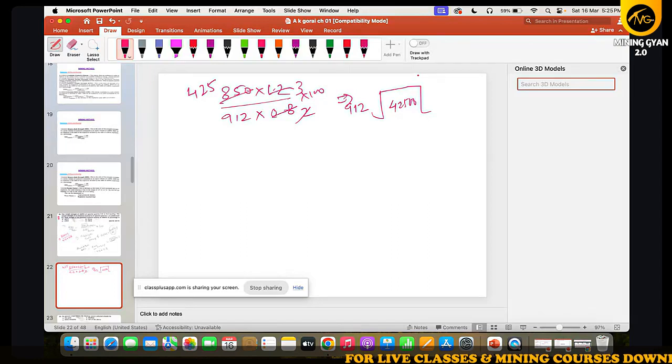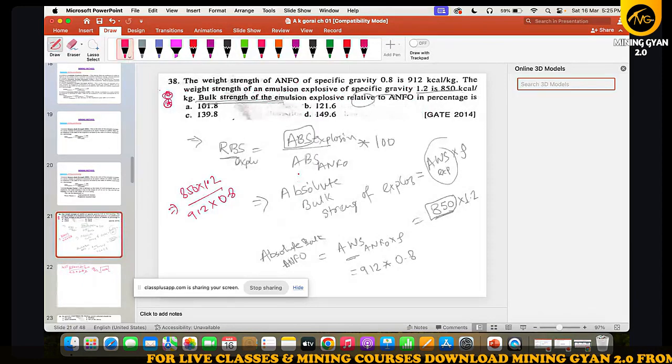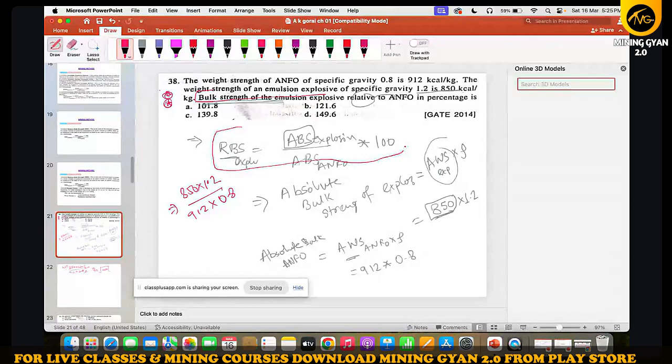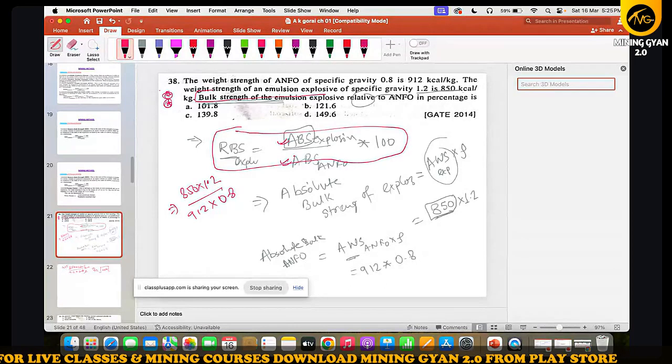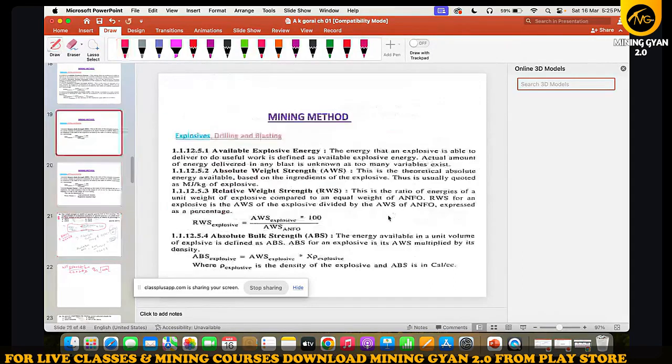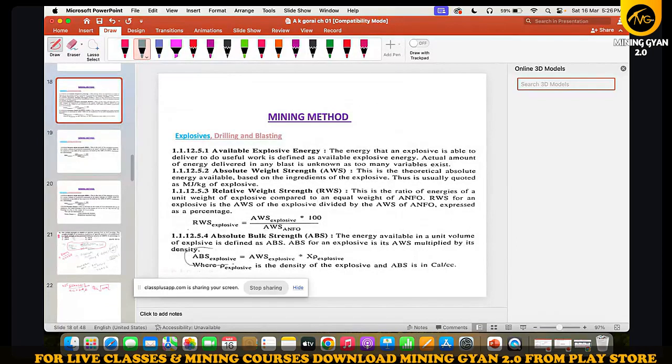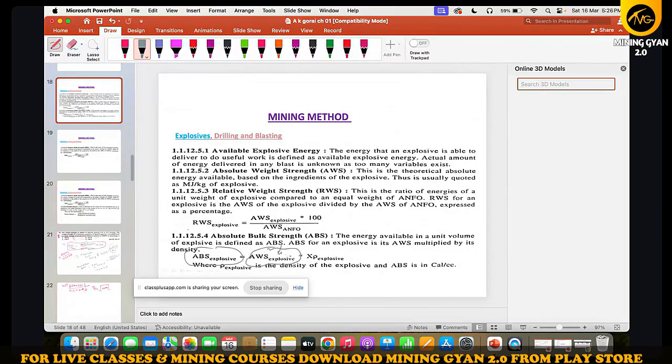Why we use specific relative when it is not in the formula? अरे भाई, what he has asked, इसने हमसे पूछा है रिलेटिव बल्क स्ट्रेंथ। तो रिलेटिव बल्क स्ट्रेंथ का फॉर्मूला क्या होता है? ये होता है ABS बाई ABS। ठीक है, अब एज आई टोल्ड यू व्हाट इज द ABS। ABS मतलब होता है एब्सोल्यूट बल्क स्ट्रेंथ। एब्सोल्यूट बल्क स्ट्रेंथ ऑफ एक्सप्लोजिव। तो ये होता है एब्सोल्यूट वेट स्ट्रेंथ इनटू एक्सप्लोजिव, मतलब डेंसिटी।